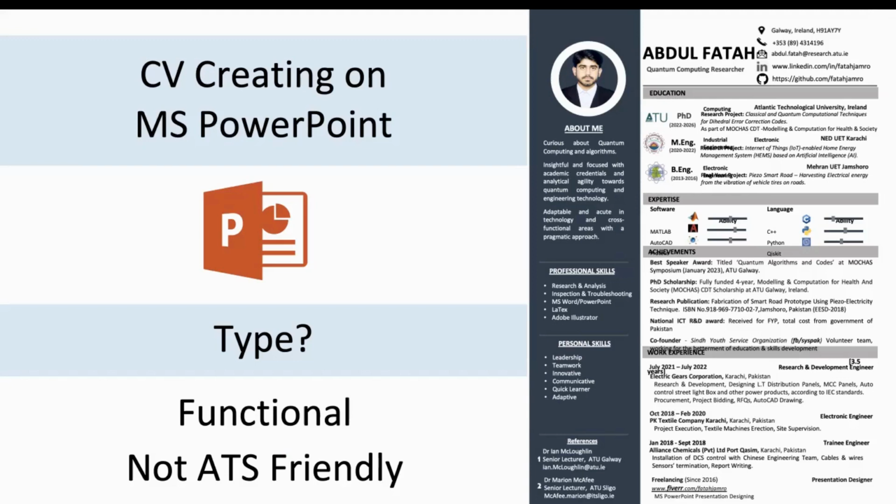I do not use this CV for applying to IBM or Google or Unilever or P&G or any companies. I will not put this CV on these portals because they will not filter it. They will just screen out my CV and reject it. I will be rejected in these companies because I know these companies use ATS software and my CV is not optimized for the ATS system.